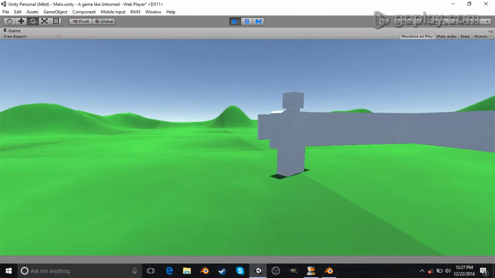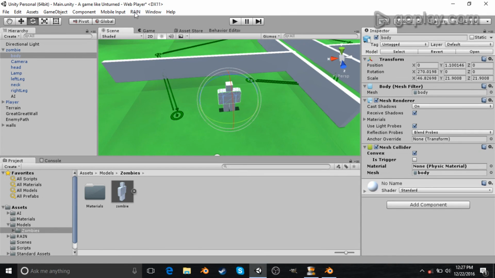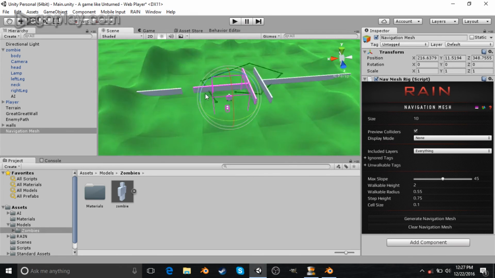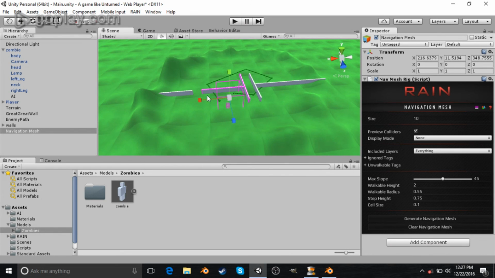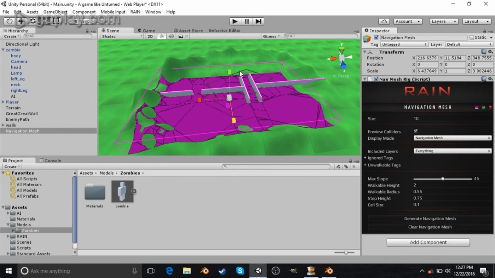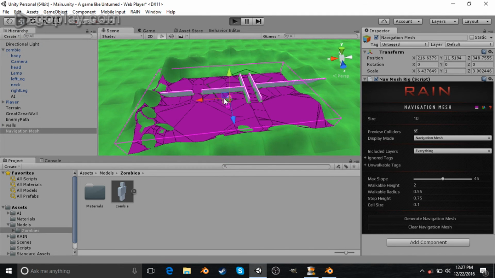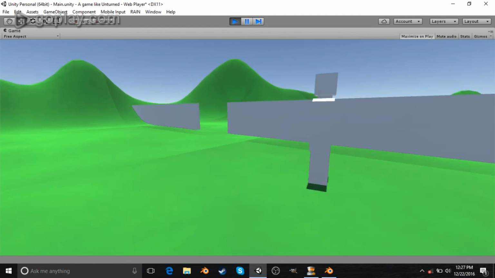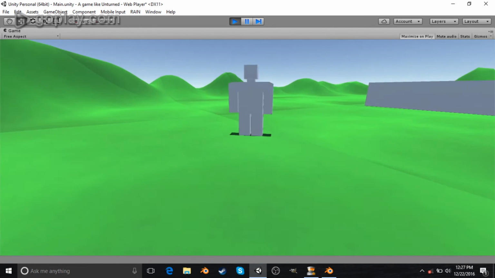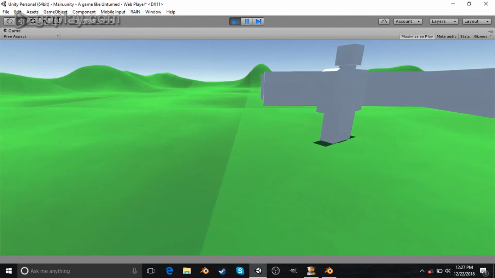Yeah. Right. Now I'm going to go rain, create new, navigation mesh, scroll out a little, scale it, generate navigation mesh, creating navigation mesh, and then there we go. See, it's a different color every time, like I said. Hit play. Then he goes around it. It's pretty basic, but